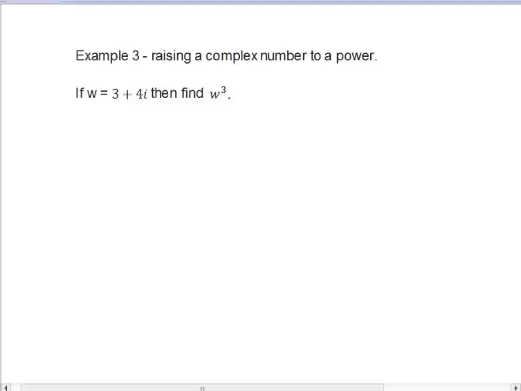We're going to be working on how to raise a complex number to a power. Unfortunately, there's no magical way to do this. It's more like a brute force way of doing it with foiling or with using a box method. So when we see we have a complex number as such,